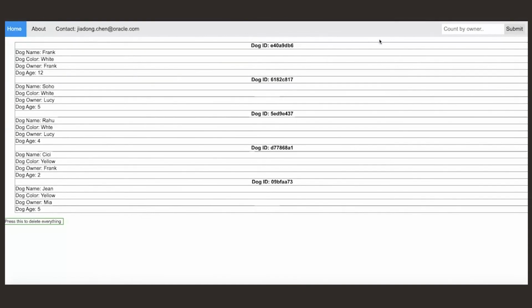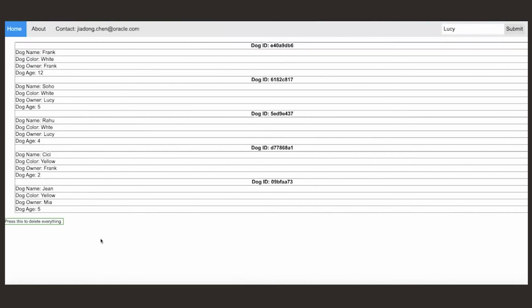All right, so as you can see here, that's basically select everything from table. I actually have 7 rows, but if you remember, we specify in each page we can only show 5 results. So here we go. And then also you can type in Lucy here, still Lucy, and then click submit. And then it will return Lucy has 2 docs by running the BizLogic PL/SQL procedure on the backend. And then next is press this to delete everything, which is a very dangerous button.